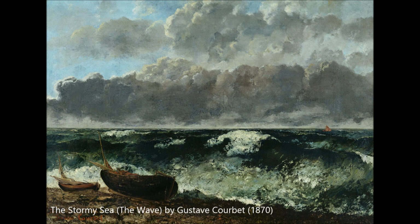and on the surface where the water breaks you get these flashes of white foam slowly rolling over each other, and it's really quite beautiful. So that was what I saw earlier today, and